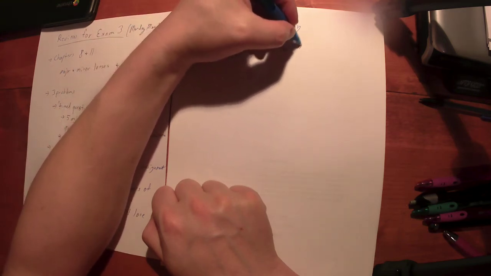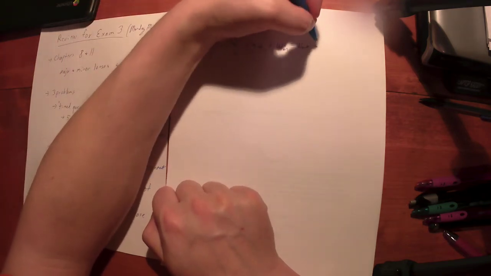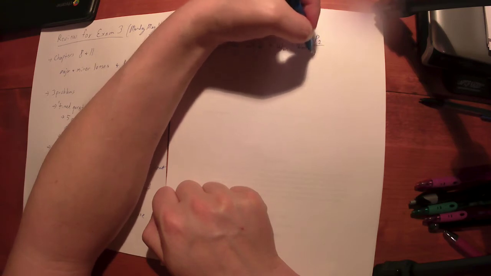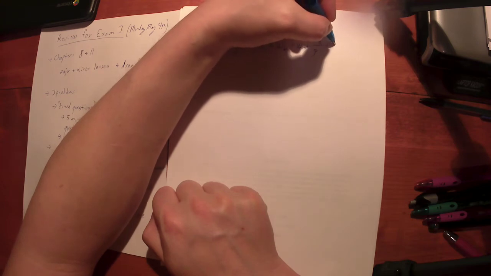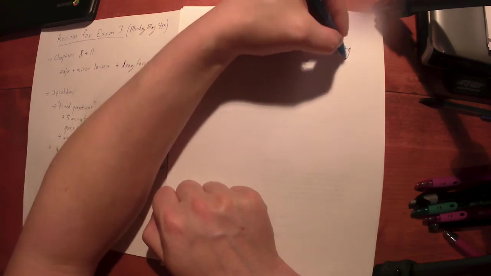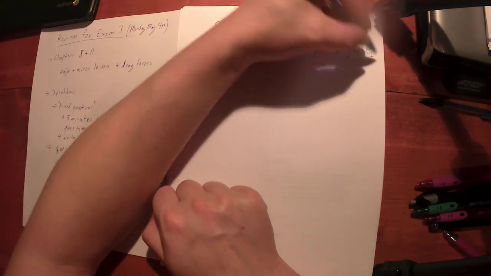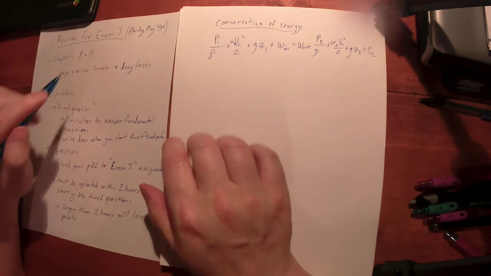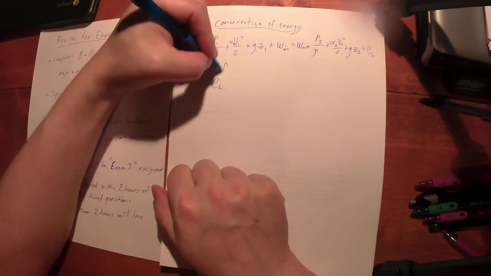That's going to equal any work coming out of a turbine or any other device that's going to extract mechanical work, plus the baric pressure or baric energy out, P2 over rho, plus the kinetic energy out, V2 squared over 2, plus the potential energy out, gZ2, plus the energy loss. So this is Exam 2 stuff. This is pretty straightforward. What we're doing now is we're saying, look, the energy loss for